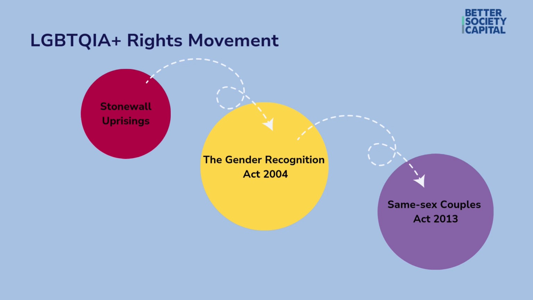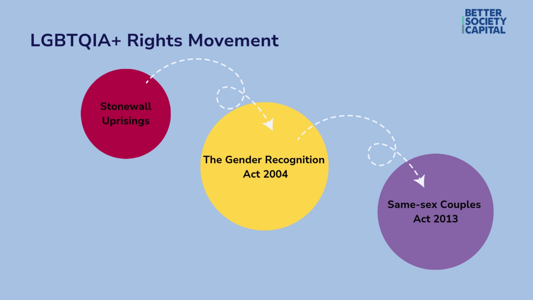The UK has a rich history of LGBTQIA+ social change and activism, marked by significant milestones and moments, including the Marriage Act 2013, which legalised same-sex marriage in England and Wales, allowing couples to marry and receive the same legal recognition and rights as heterosexual couples. Similar legislation was passed in Scotland in 2014 and Northern Ireland in 2020.